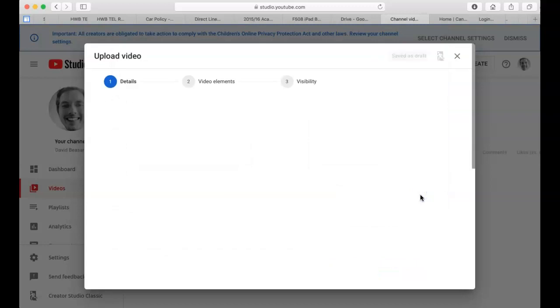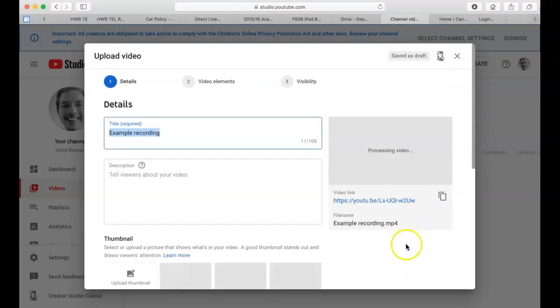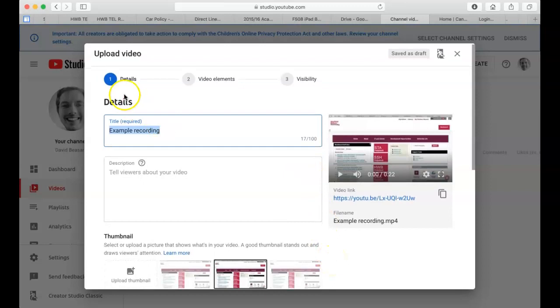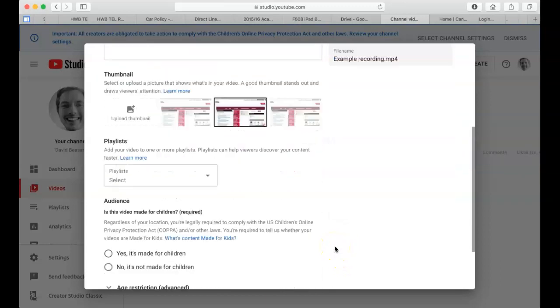And then it will upload and start processing that video. Now you can see down here on the right hand side, you've got the video link, and you've got the ability to copy that video link as well. That'll be the link to send to people for them to be able to view or watch your video in the future, which can be very useful. If you need to change the title, you can change the title there. And if you scroll down,